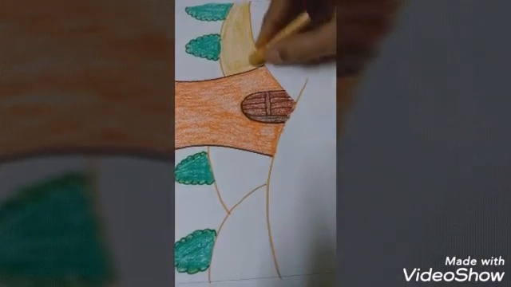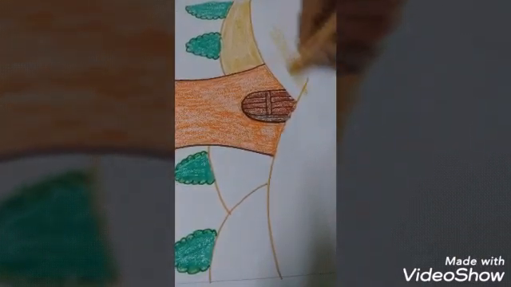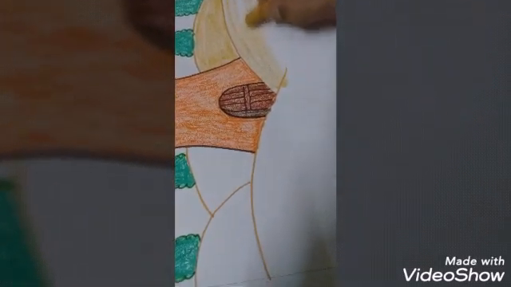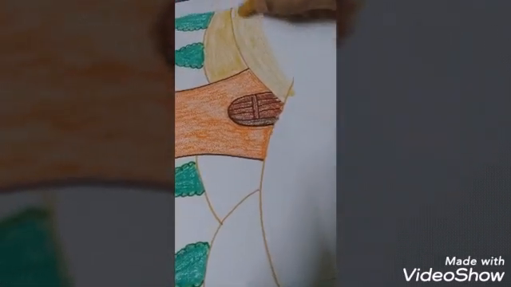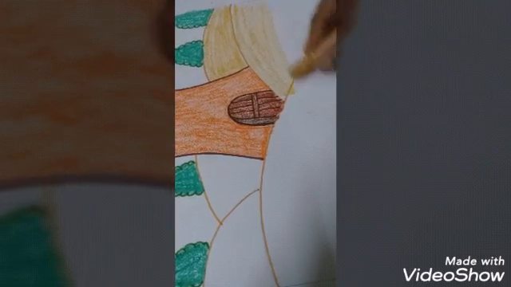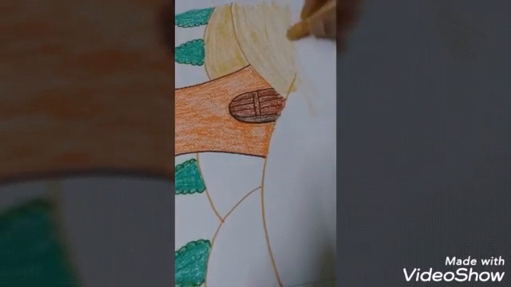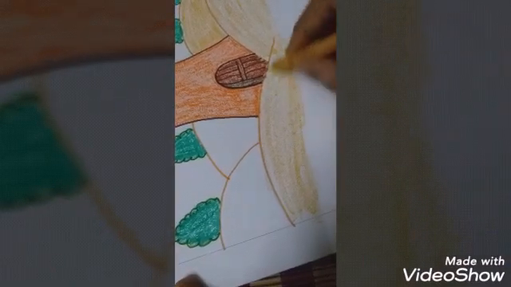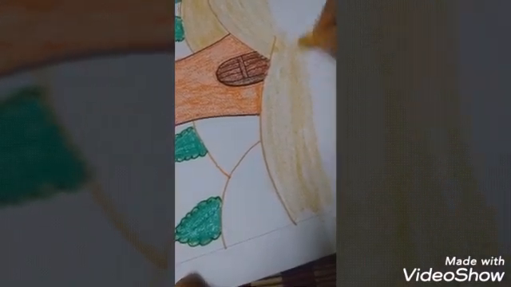Then this color will come. Fully on all the sides the same. However you gave that slanting line light brown, the same position only you have to give. No need to give a straight line, sleeping line and all, like a curve. Then you have to give the color straight.